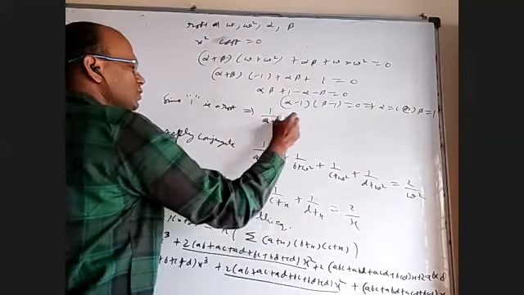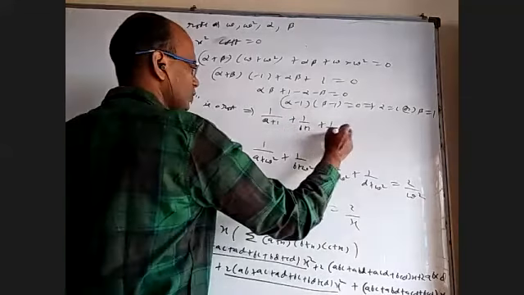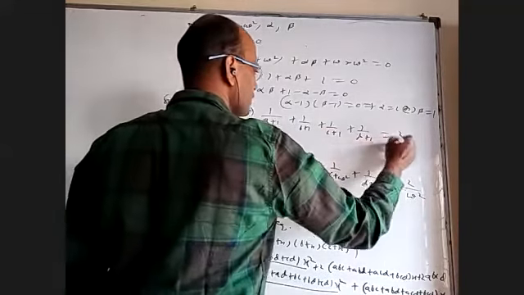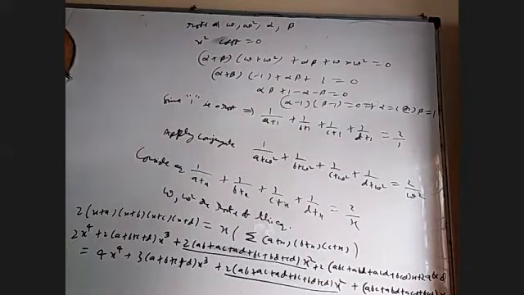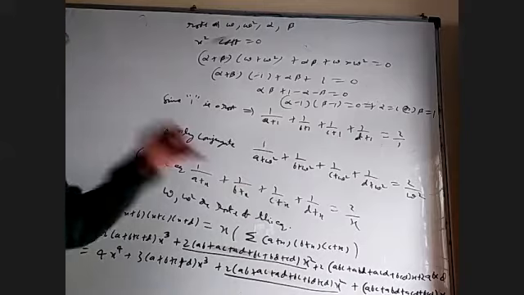Since 1 is a root, we can put it in this equation. We'll get 1 by (a plus 1) plus 1 by (b plus 1) plus 1 by (c plus 1) plus 1 by (d plus 1) is 2 by 1. Okay, that is another option here. Now regarding option A or something like that, I can put x equal to 1 right here, or I can use the sum of the roots and product of the roots. Let me see that. I can find the fourth root and do that, or if I put x equal to 1 and expand, something may come.